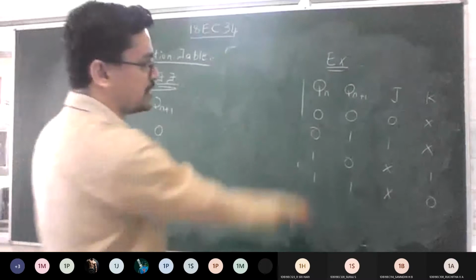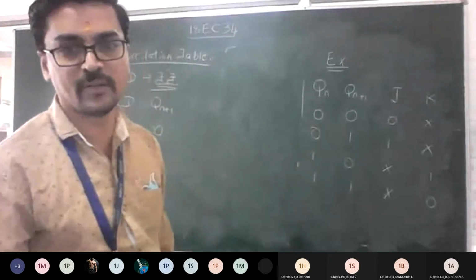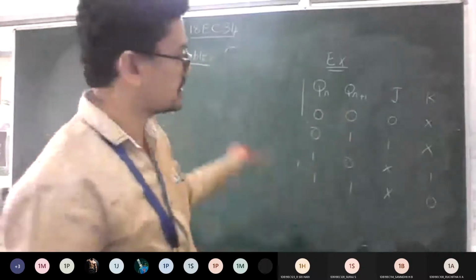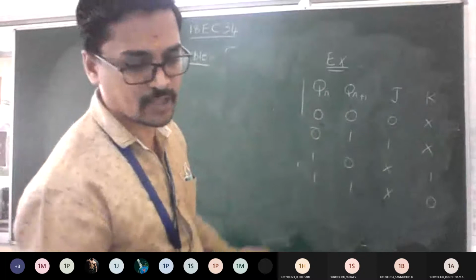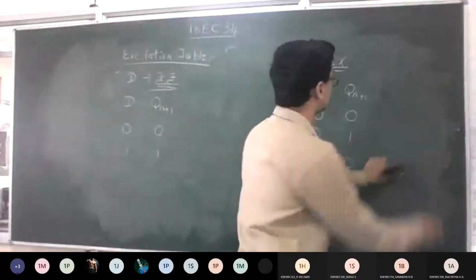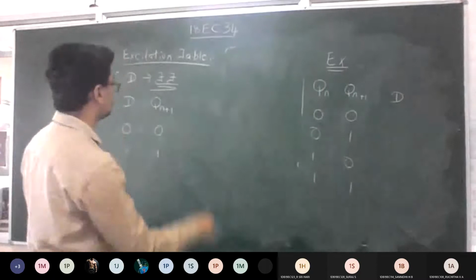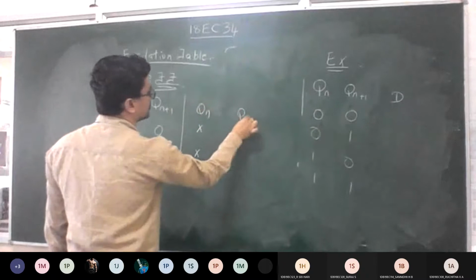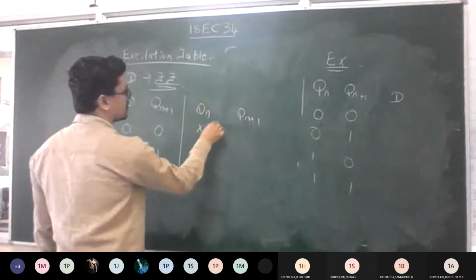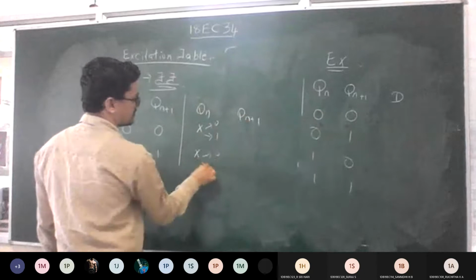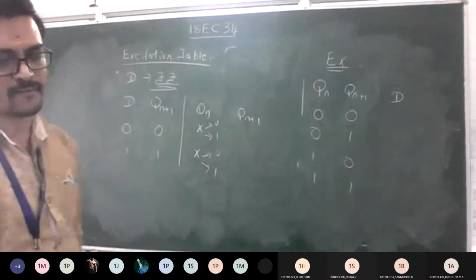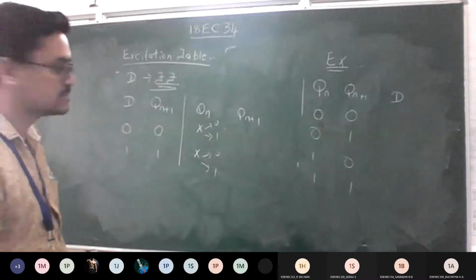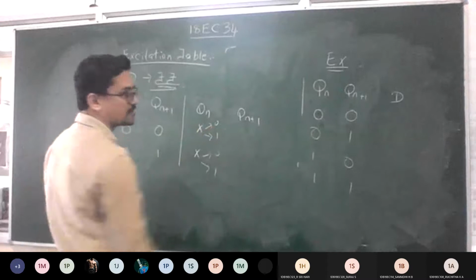So now the combinations remain the same. Whether you write for 1 input or 2 inputs, the excitation table always requires 4 combinations: 0 0, 0 1, 1 0, 1 1. Out of which you need to write only D. Same procedure: Qn, X X, and you know what Qn plus 1 is. It is for 0, this is for 1, this is for 0, this is for 1. Fill the table. What's the output? Whether you use this or this, what does the output remain?